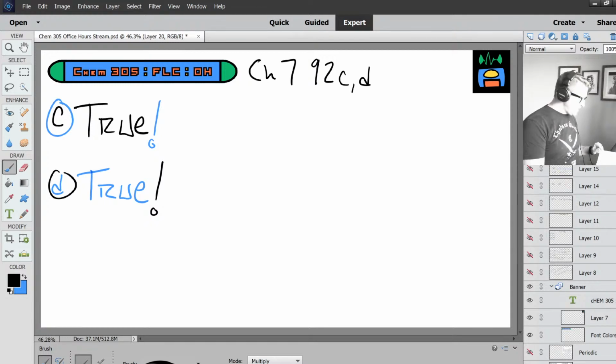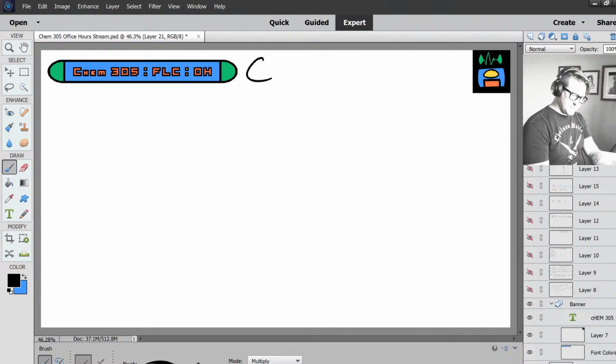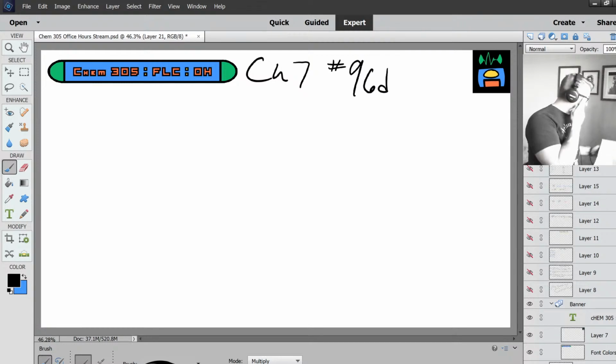So C and D for 92 are true. Let's take a look at 96. So chapter 7, number 96, part D. For liquid samples of the following diatomic molecules, indicate the type or types of intermolecular forces present. There may be more than one correct answer. So part D